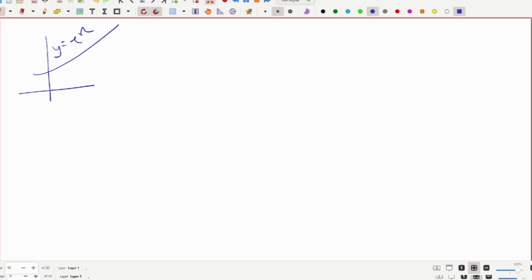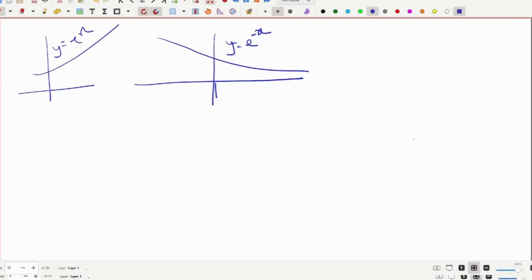But what if I am drawing y is equal to e to the power minus x? It is a completely mirror image. But what if I tell you I can draw one more plot which is a combination of these two,